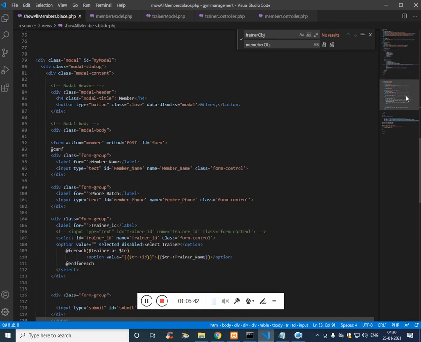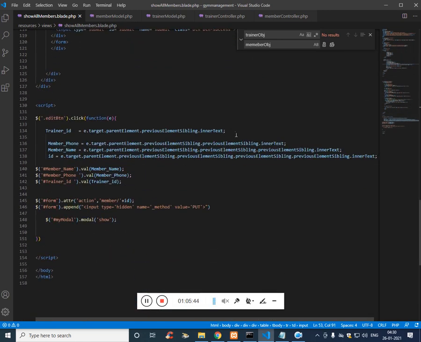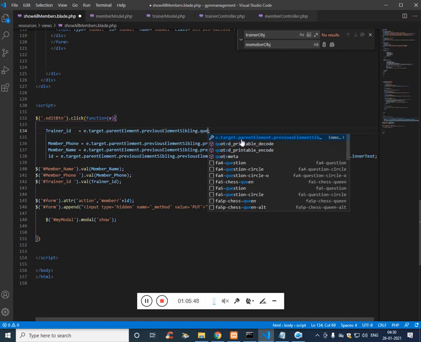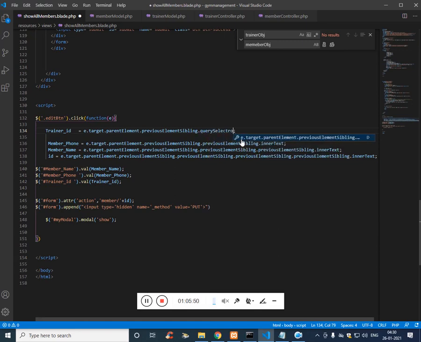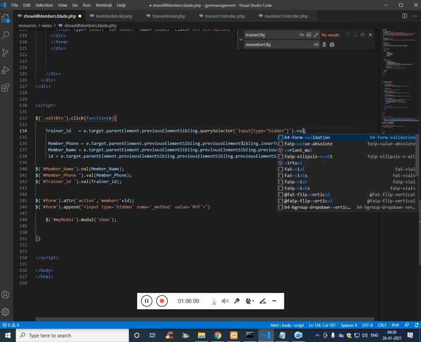And now to access it, instead of innerText you can use querySelector of input type equal to hidden, and then the value.